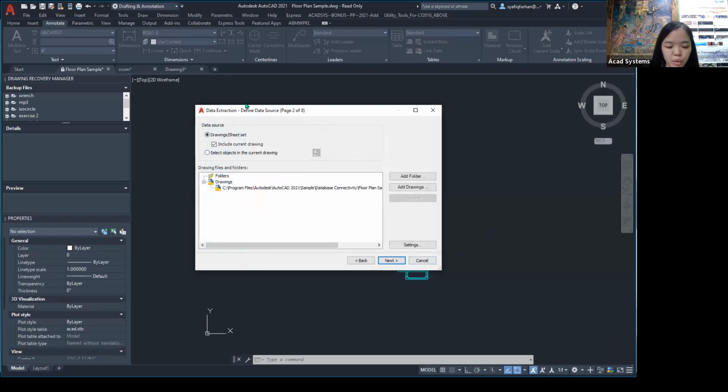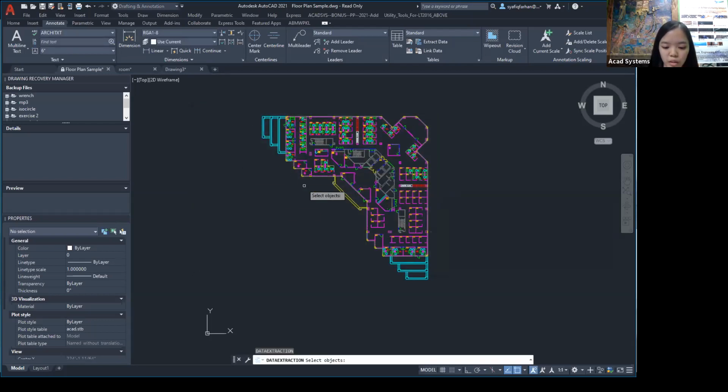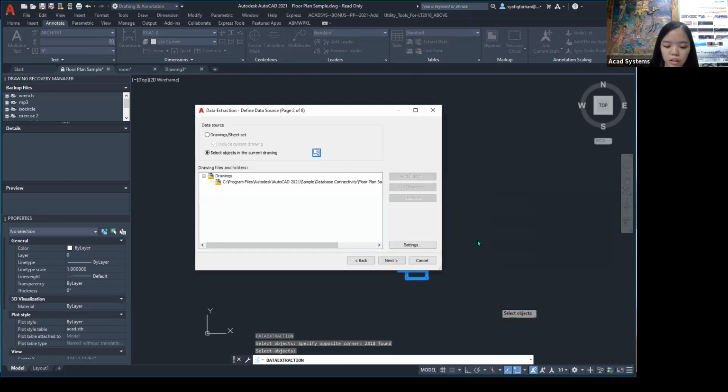So this is page 2 with the panel on top called data sources, which involves choosing whether we want to extract data from the whole drawing or only a specific part. If you want to just select part of this drawing, you can select the second option. Then the box next to this option will be activated. When you click this box, the data extraction wizard will disappear, and you will be able to select objects from your drawing. For example, I want to select half of it, and then you press enter, and the wizard will